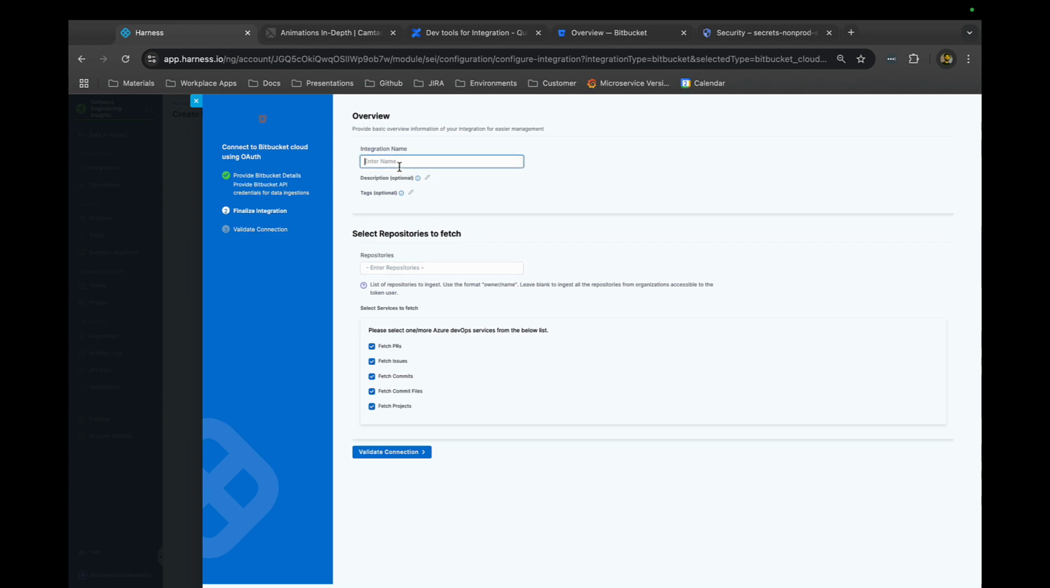Now, next step would be to add an integration name. So let's call it Bitbucket demo, and you can also add descriptions and tags. This is useful in case you have multiple integrations of the same type, so that you can identify them easily